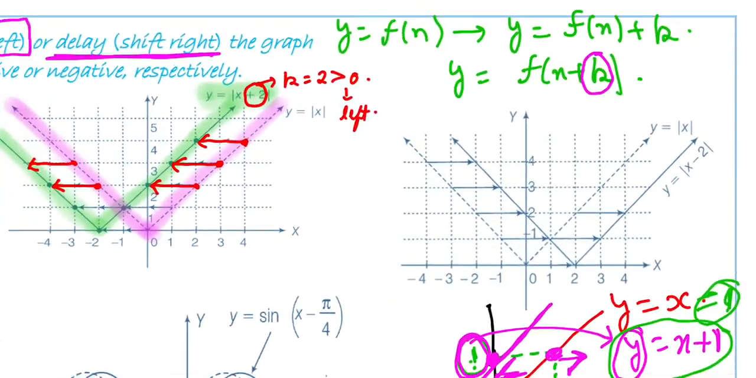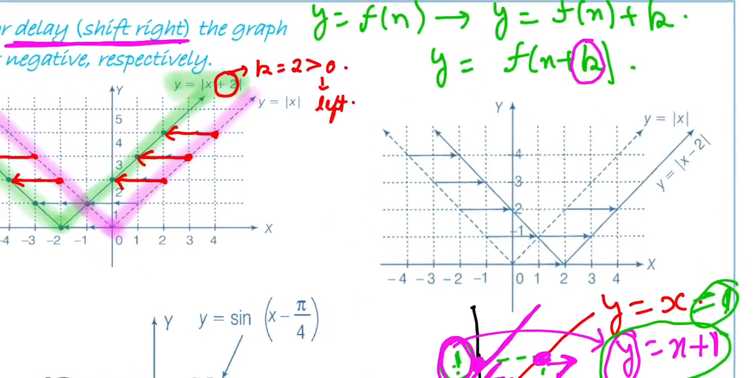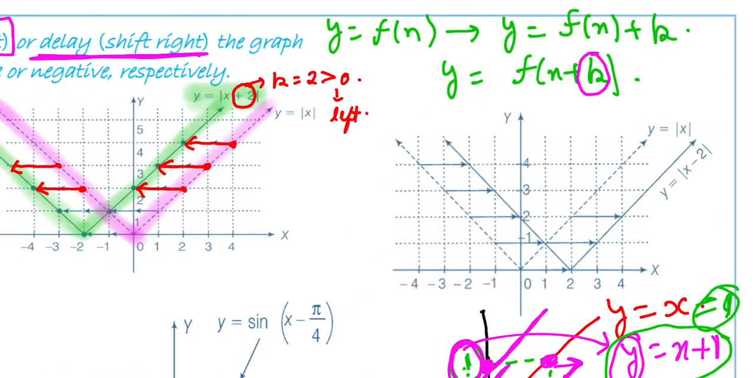Next is the graph corresponding to the function y is equal to mod x. If we have to plot the graph corresponding to the function y is equal to mod of x minus 2, every point will be shifted towards the right. Every point over here is shifted towards the right hand side, and the graph we obtain in this case,